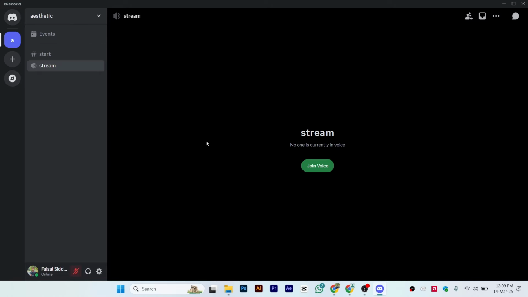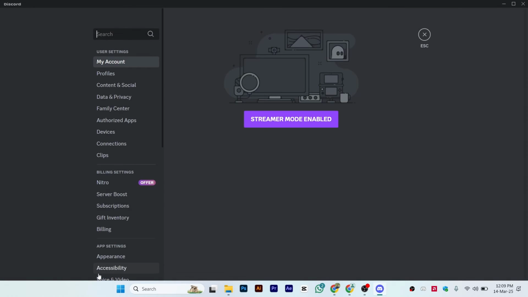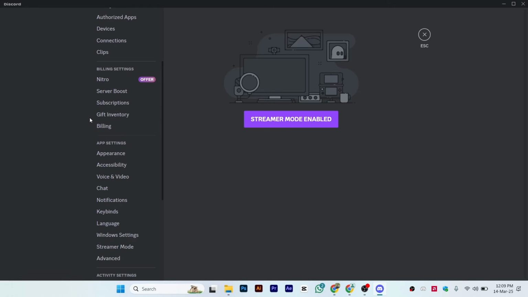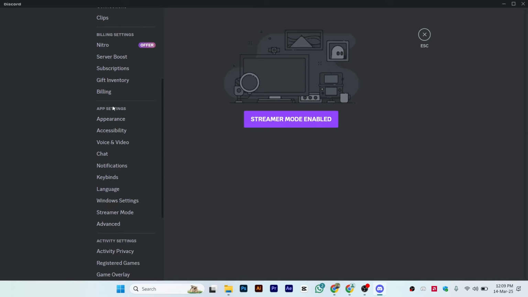And once you have downloaded the newer version, just open the Discord app and click on this settings icon below, next to the phone or headphones option. You will see three options: microphone, headphones, and the settings. So just click on settings, and here you will see multiple options: user settings, billing settings, app settings, and everything. So just make sure to scroll down a little bit, and in the app settings you will